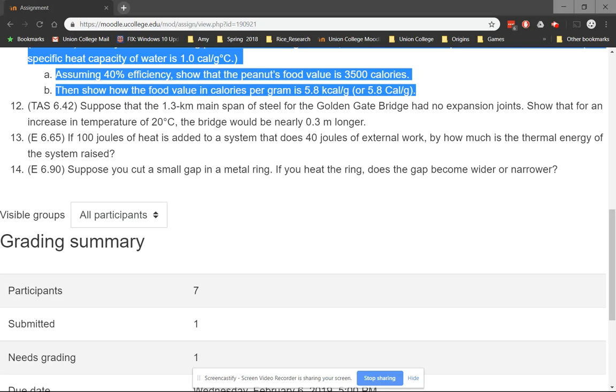Now, in class yesterday, I gave a demonstration. We talked about when you heat things up, they expand. And so for this here,